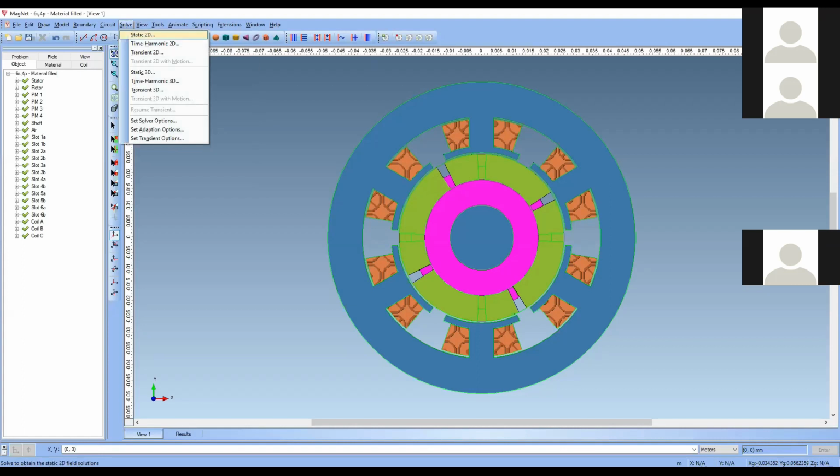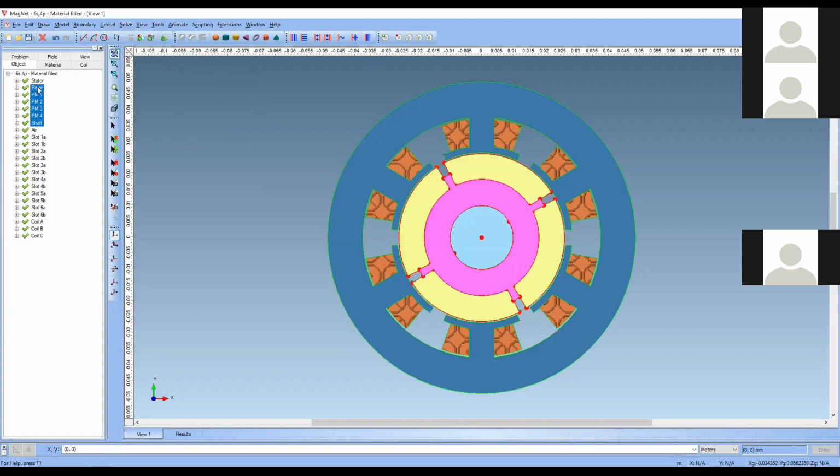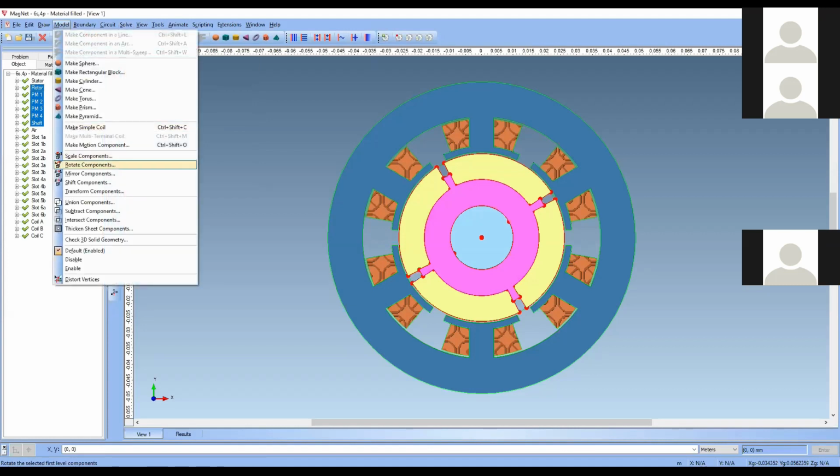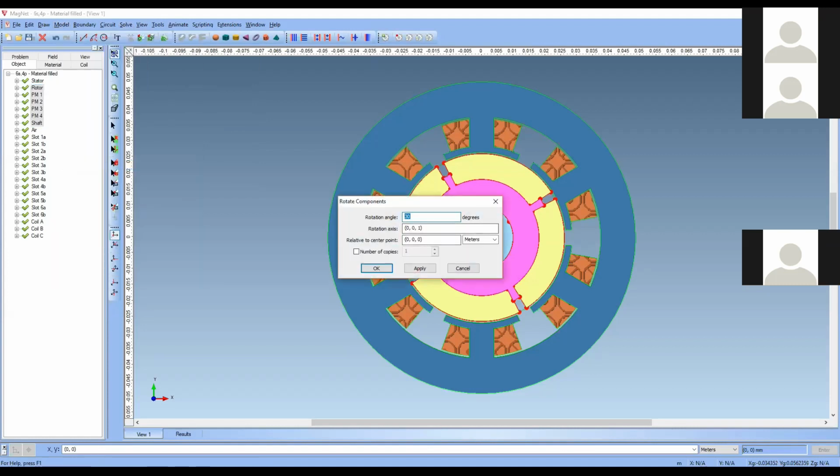You are understanding? Again, you select all the rotating components and give rotate components. From 30, you give 60. Then it is coming to the original position because I have given 60. So we will give 90.